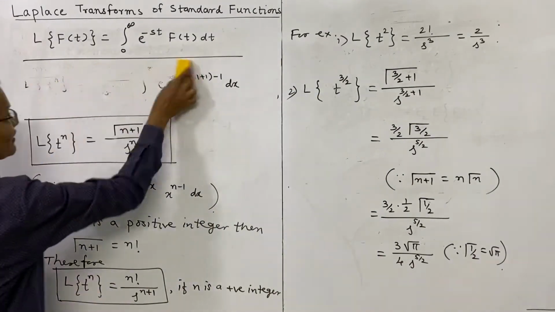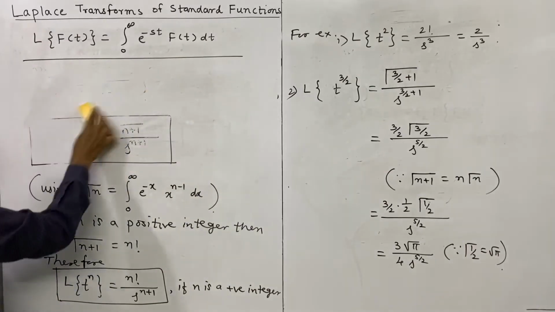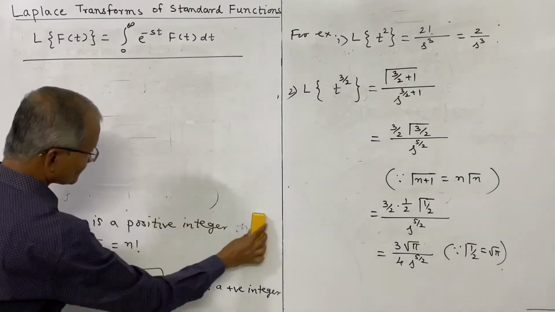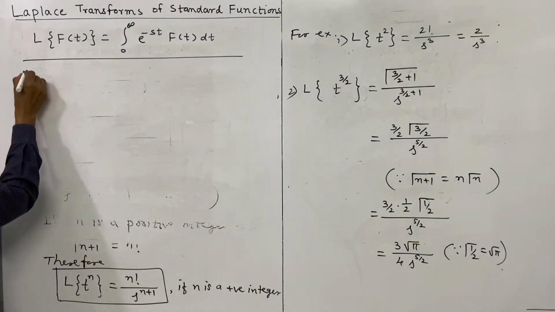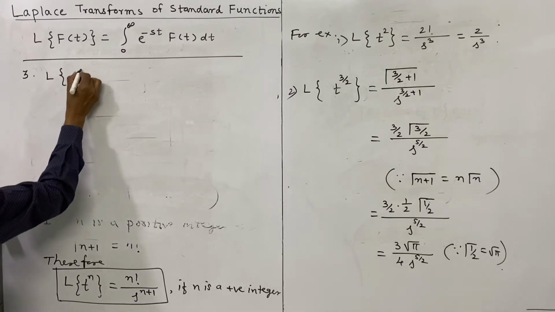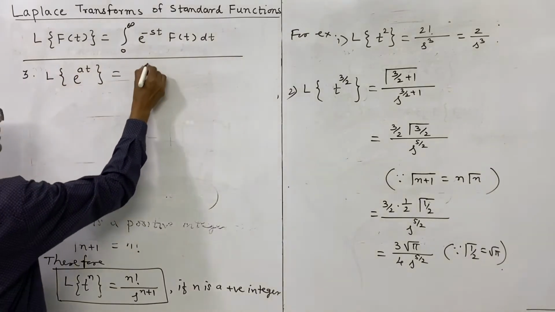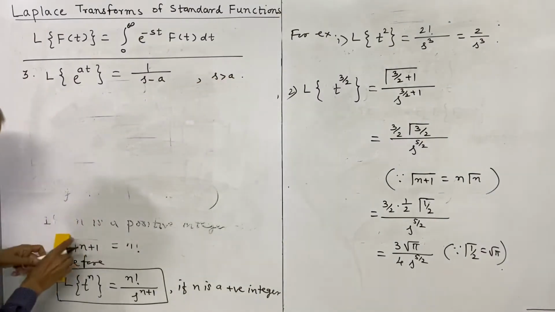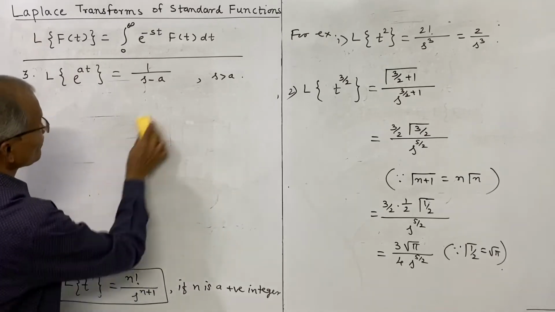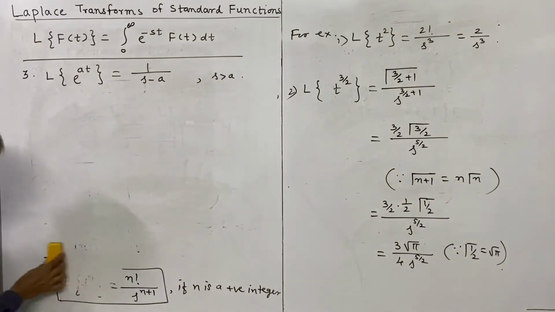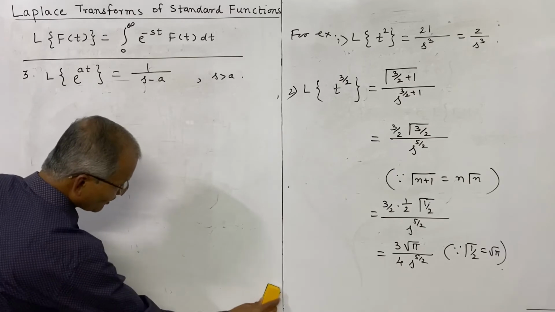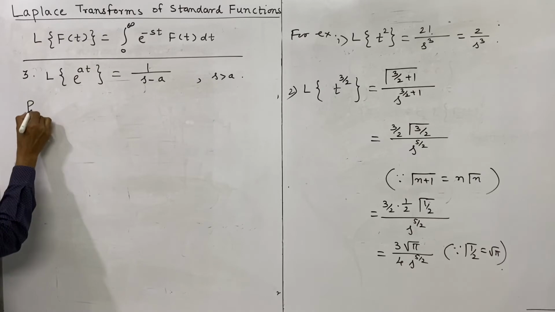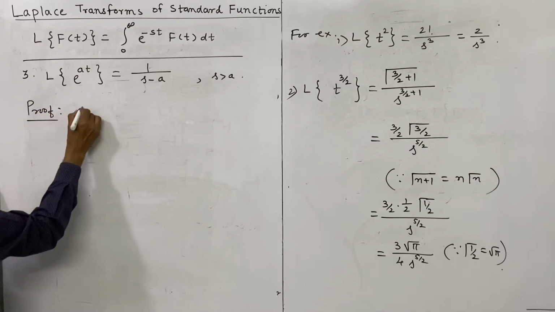Now we shall consider the third result, the Laplace transform of e power at. L of e power at, and we will prove this is equal to 1 over s minus a. Here s is greater than a, a positive quantity in the denominator, and for this we shall use the same definition. Proof for this, we have